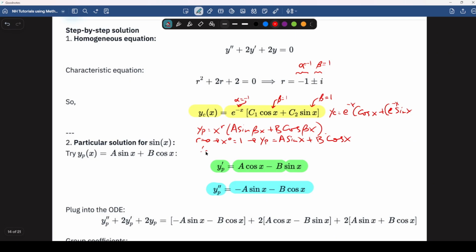If you want, you can also double check with the cos part. In here we have beta cos x, and in here we have e to the power of minus x times cos x. So it's different. This is a constant times cos x, and this is cos x times e to the power of minus x. Therefore, we can proceed. No corresponding terms.